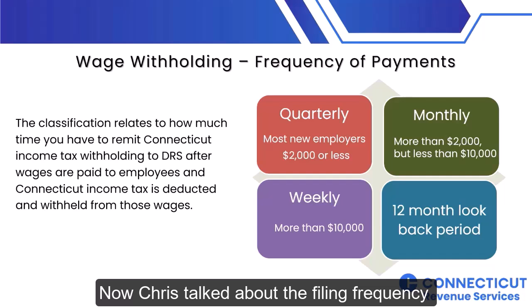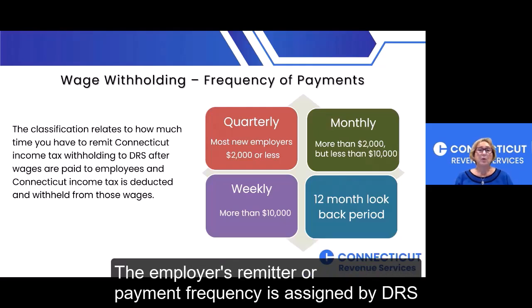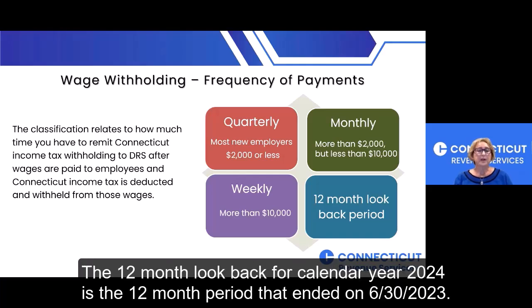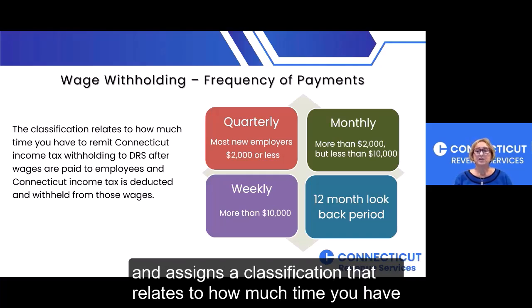Sure. Now, Chris talked about the filing frequency, and what I'm going to talk about is the remittance or the payment frequency, which can be much different. The employer's remitter or payment frequency is assigned by DRS based on the amount of withholding remitted or collected in a look-back period. The 12-month look-back period for calendar year 2024 is the 12-month period that ended on June 30th, 2023. So DRS looks back from July of 2022 to June 30th of 2023 and assigns a classification that relates